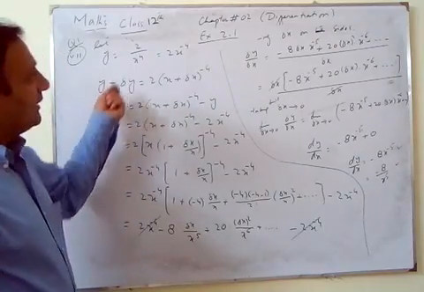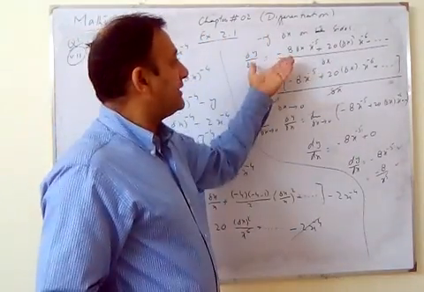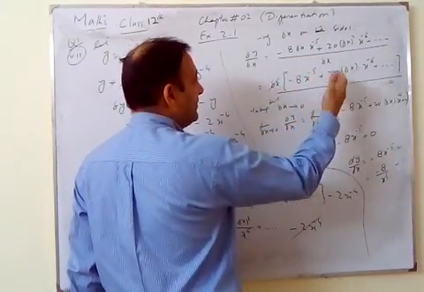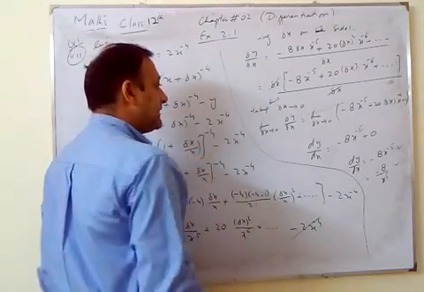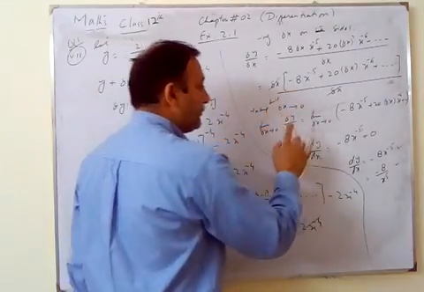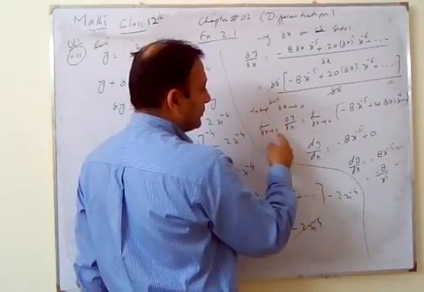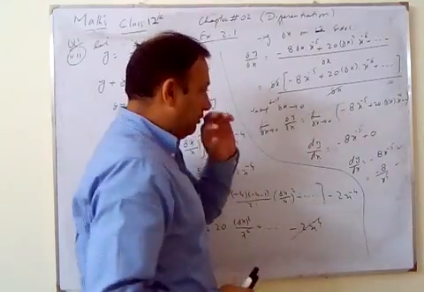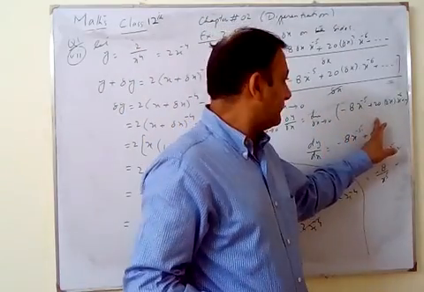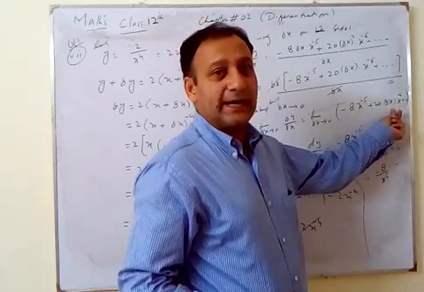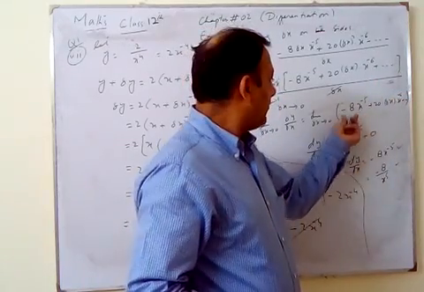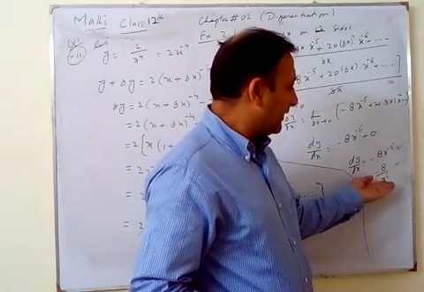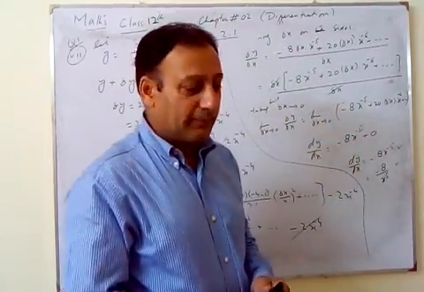After this, dividing delta x on both sides, take delta x out common from the right side. So delta x and delta x cancelled. So taking limit delta x up to 0, we have dy over dx. When we apply this delta x approaches 0 limit here, all the terms involving delta x become 0. So we have only minus 8 into x power minus 5. So that is our answer. Or we may also write minus 8 divided by x power 5.